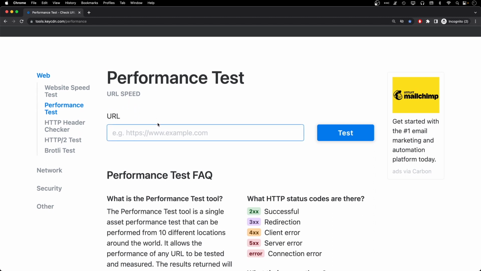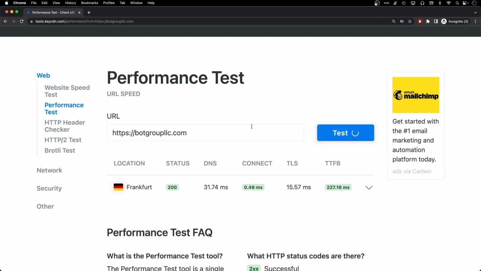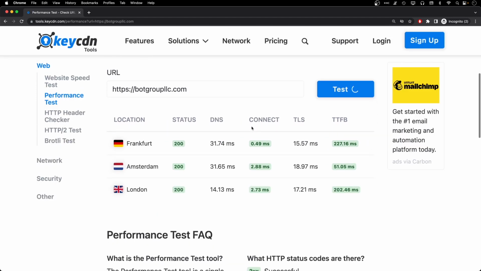And if you go in here and you type in the website you have, and again, this is for websites. We'll get to mobile apps in just a moment. So I'm going to type in my company website, https://botgroupllc.com. That's my company. And if we click test, then we will see we are getting global tests done from